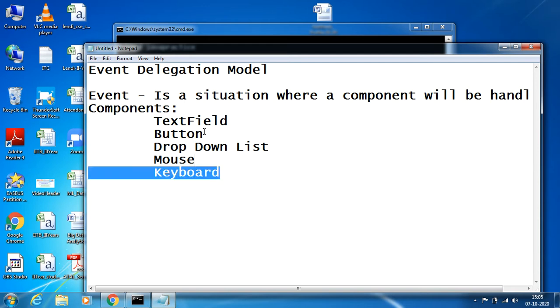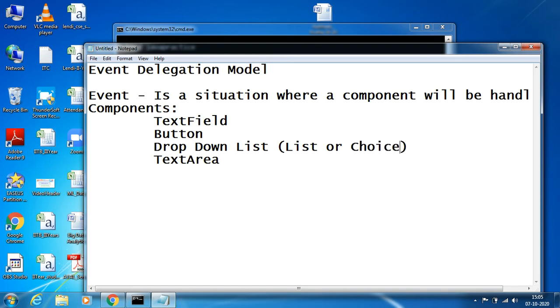Sometimes you can call them that for the sake of the event delegation model. A drop down list can be either of list type or choice type. A text area, button, text field, radio, checkbox, all these are different components.